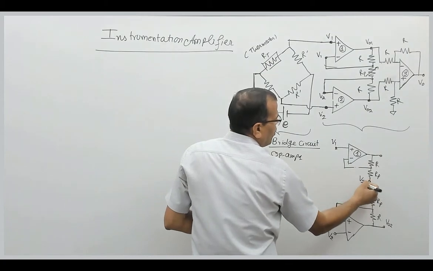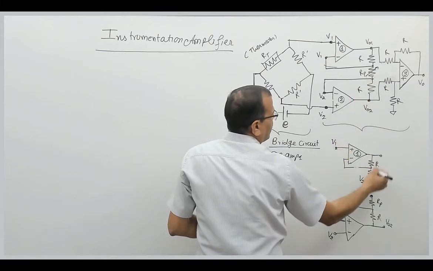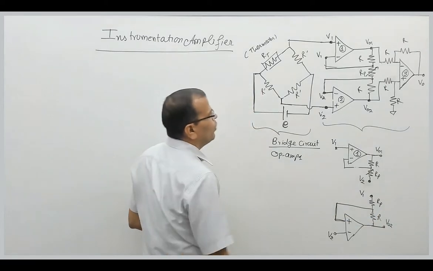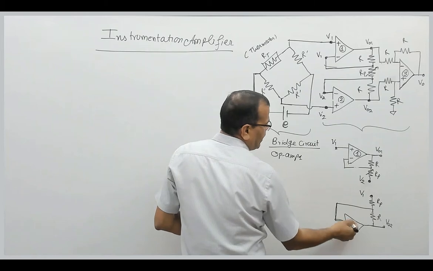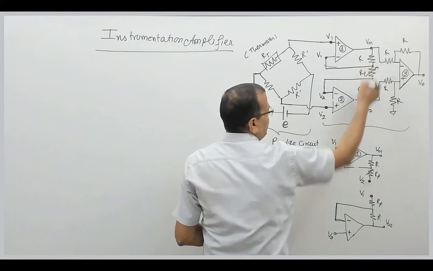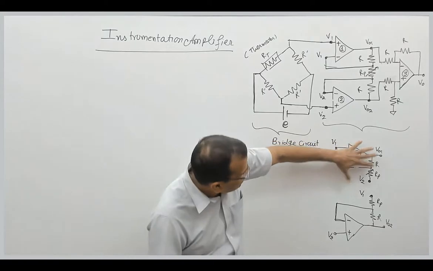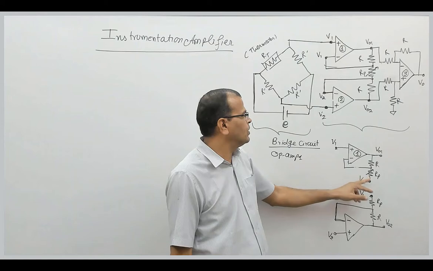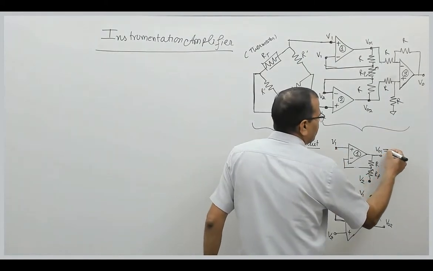So I have drawn the circuit of op-amp 1 first. This voltage is V2. I have resistance RP, then resistance R, and output voltage V01. Similarly for this, I have drawn this separately. This is plus, this is minus. This is R, then RP, and the voltage at this point is V1. That is V02. This is a simple circuit having both types of inputs, that is inverting as well as non-inverting input. So the output of this can be written like this.